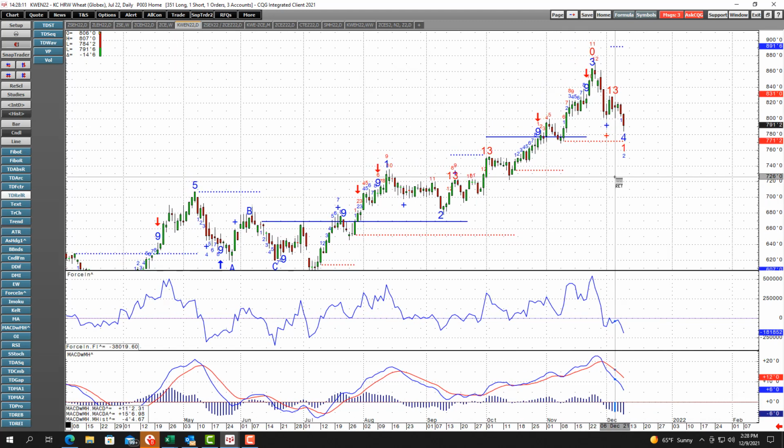All right, so let's talk about the market that misbehaved. So here's your Kansas City wheat. This is in the July contract for next year. We talked about this yesterday, that we thought it could come down and test this level. This is the level that we don't want it to violate. This is the 770 level. If that goes,